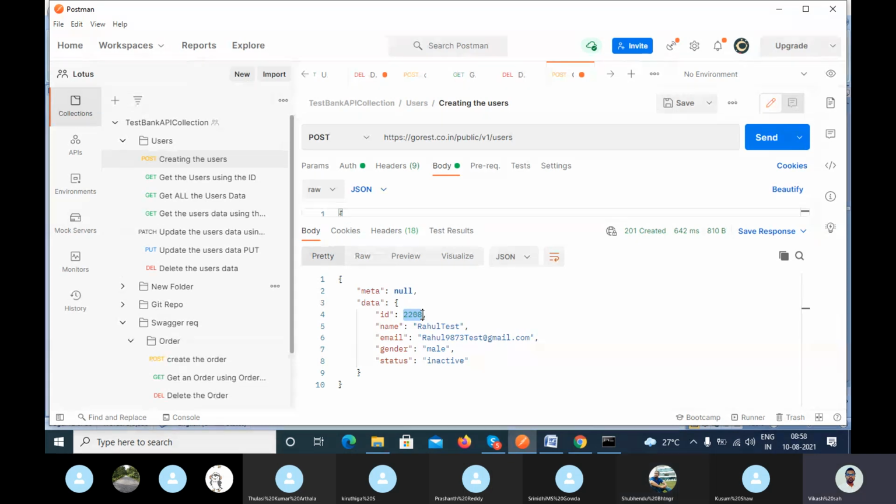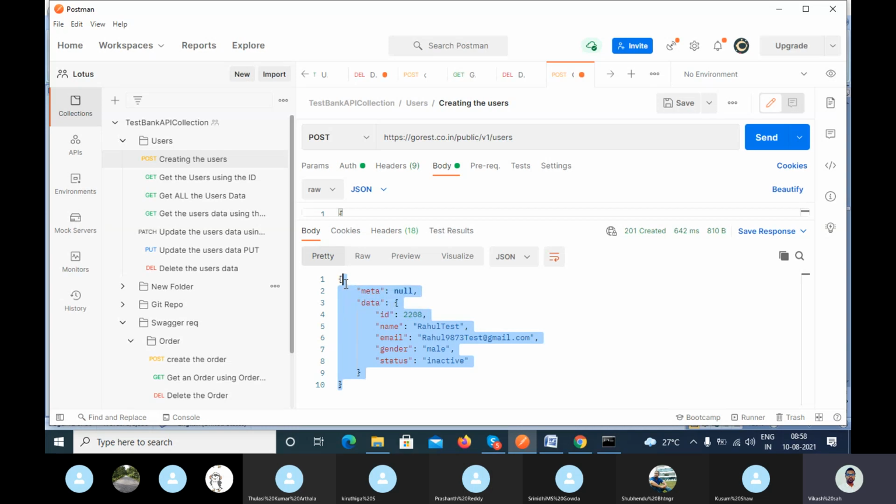When you are getting the response from the server, the very first thing you verify is the status code. After that you verify the response body.